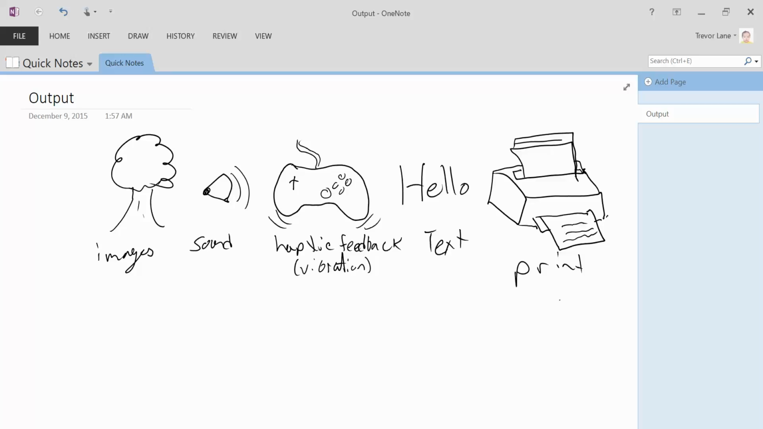So what we're going to focus on today is text. And JavaScript has a number of different ways to handle text. Some of them are straightforward, some of them take a little bit more work. So that is what we're